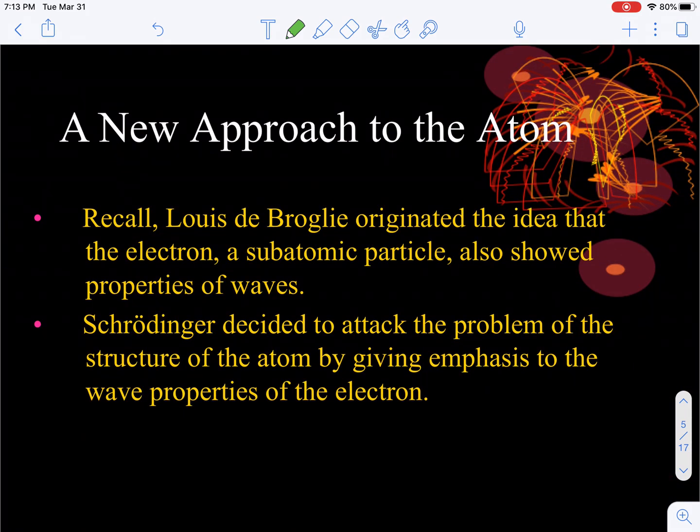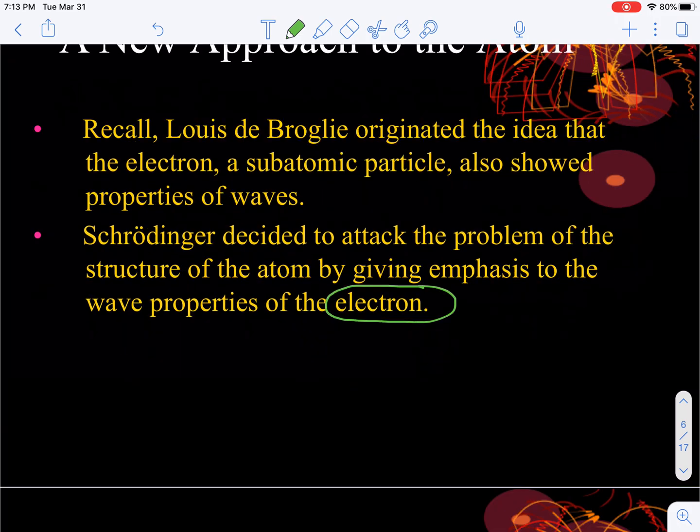So let's jump back for a second. We know that electrons behave both as a particle and a wave, and so this new model focuses primarily on the electrons. We're going to treat the nucleus as this positively charged thing in the middle of the atom. That's not going to change, but the electrons are what we're going to study in depth with this new model